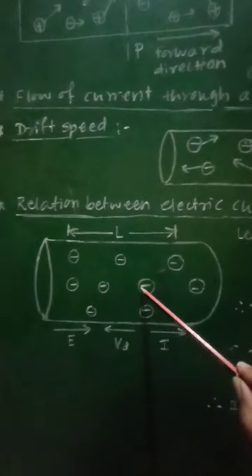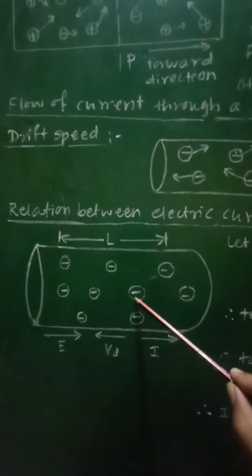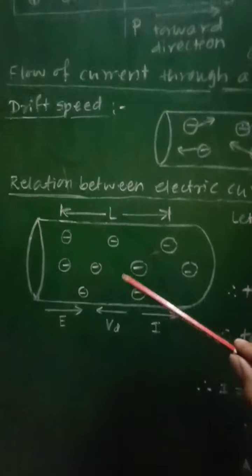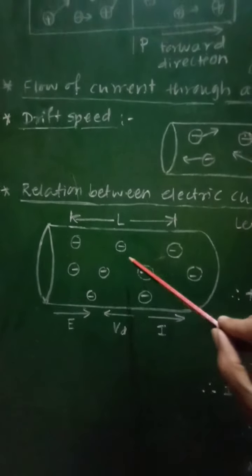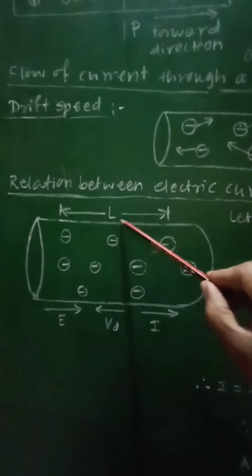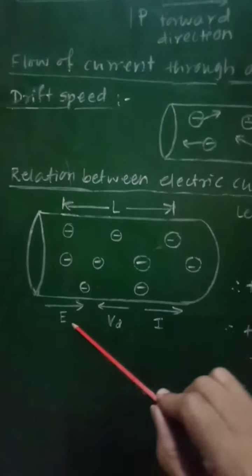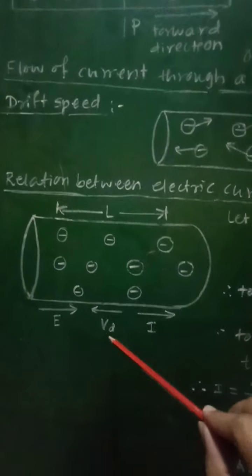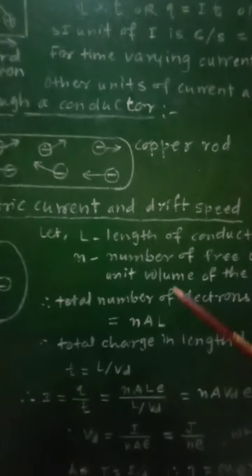So this will represent this section of the conductor with free electrons having the drift speed Vd and applied electric field E. So in this case, E will be the applied electric field to this section of the conductor having its length equal to L. Then Vd will represent the drift speed and I is the current. So electric field and electric current are directed in the same direction, but the drift speed is oppositely directed to that of the electric field. And therefore, now let us consider some of the terms.